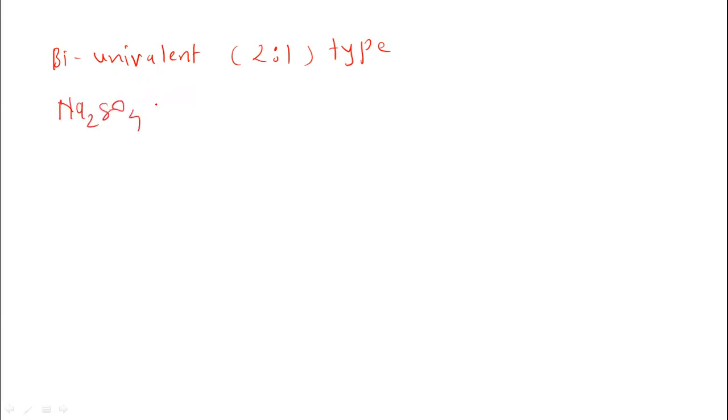This electrolyte dissociates as 2 sodium ions and 1 sulfate ion. So in this case x equal to 2 and y equal to 1. Hence this is the 2s1 type electrolyte, 2 cations and 1 anion. It is biunivalent, meaning 2 cations are there and the valency of the cation is 1. So for this electrolyte, the expression for the activity becomes